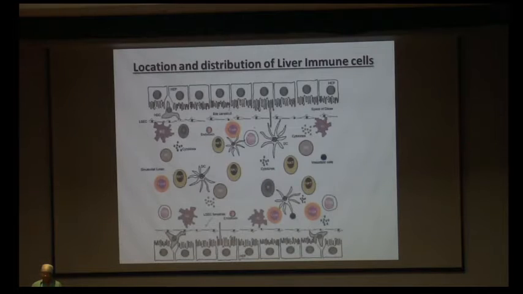Coming to the location and distribution of liver immune cells. The liver is an immunoprivileged organ, and the distribution and microenvironment play a big role in producing tolerance. In brief, there are three compartments: the hepatocytes, the space of Disse, and the sinusoids. And these are the sinusoidal endothelial cells. Most of the cells are inside this space, like T cells, NKT cells, further types of T cells, and dendritic cells. Stellate cells normally reside in the space of Disse, and these are the hepatocytes.